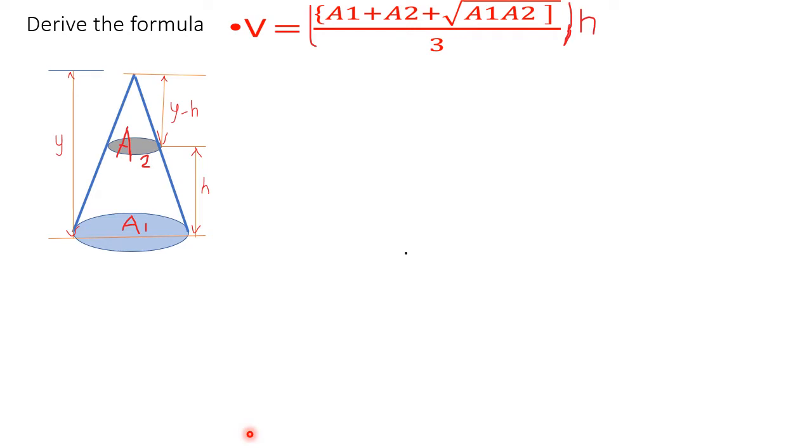So sketch a cone here. You have the whole cone with A1 at the base, then height Y, and the small cone, consider it is A2, and the height is Y minus H. So Y, this one is H, so Y minus H. So the volume